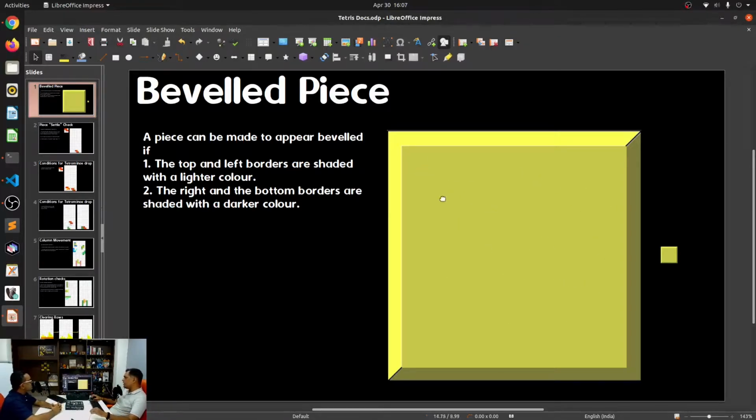Let's say I need to draw a piece with this specific yellow color that I'm pointing out in the center. The only thing you need to do is have these lines appear on the top and on the left of a lighter shade, and on the right and on the bottom of a darker shade. When this entire thing is miniaturized, it will look as if it's a beveled piece, as if it rises up.